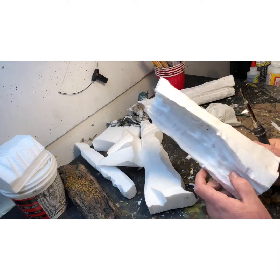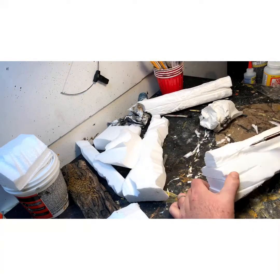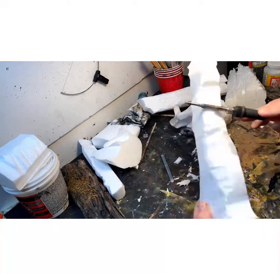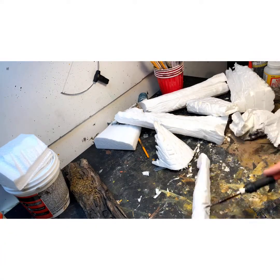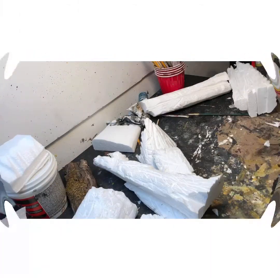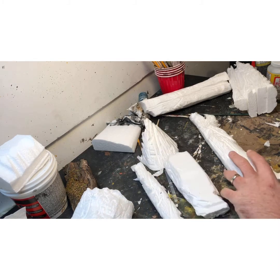So I am going to speed through the rest of this so you can kind of see what it looks like once we've carved all of these. Do the same thing on all of these pieces, and then we'll start basically carving out our trees, and we've added in all of our bark details. It's going to take a minute to paint these too, but before we start painting,